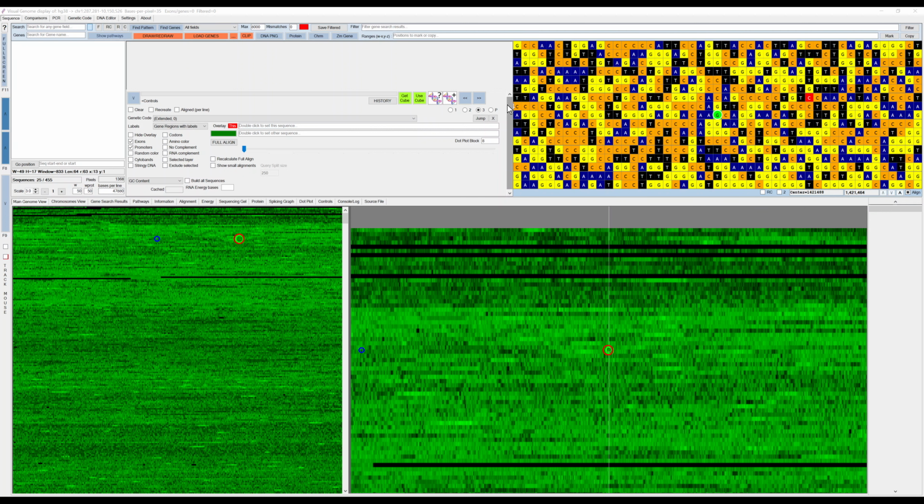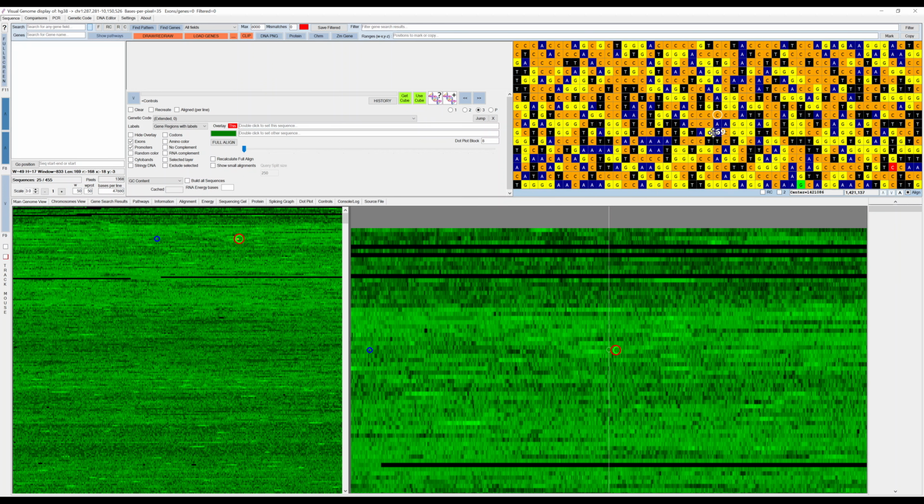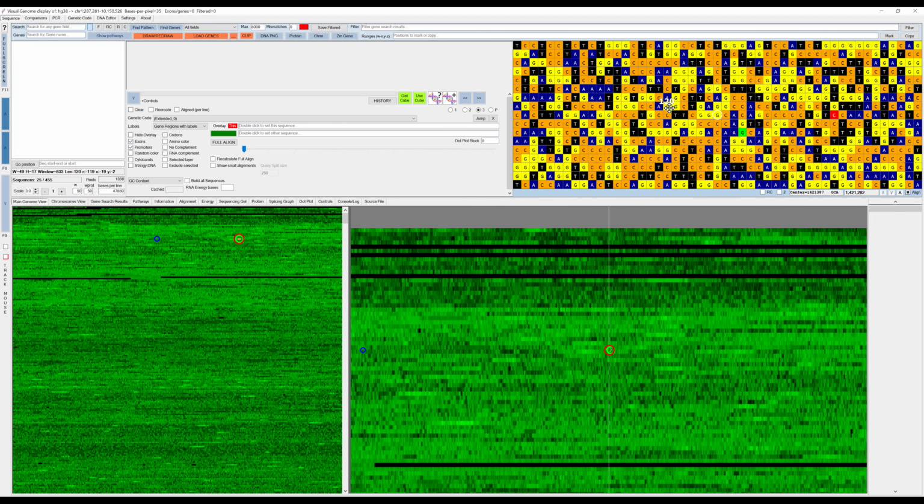Secondly, if you want to copy a certain part of the DNA, it works in a similar fashion. If you double click anywhere using any of the markers and you move the mouse around, you can actually see a number just to the top left of the mouse pointer that shows you how far you are away from that specific marker.